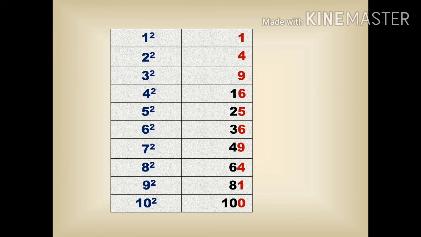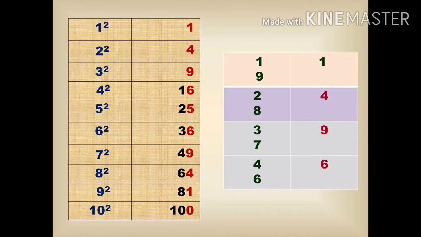So first, if you want to use this trick, you want to know the squares of numbers from 1 to 10. Once you know these values, you can find square root of numbers having maximum up to 4 digits. So next we have another tabular column. This will really help us in finding the unit digit of a number when finding square root of a number. So the first tabular column has the values of 1 square to 10 square.